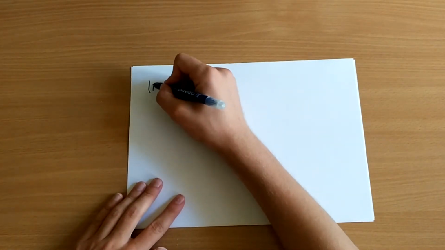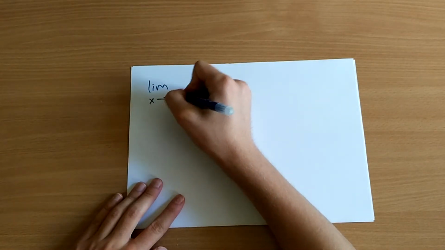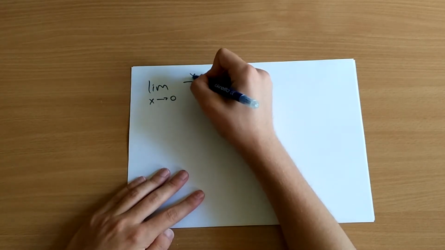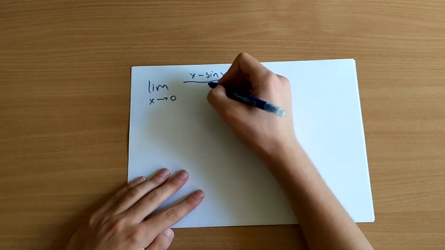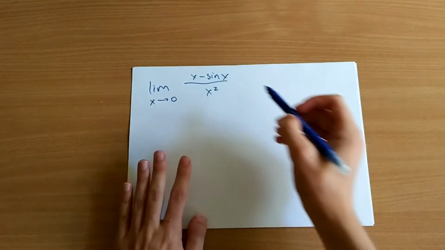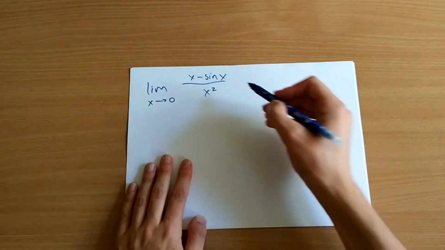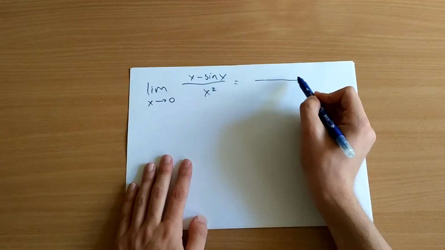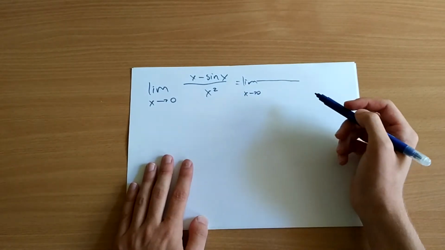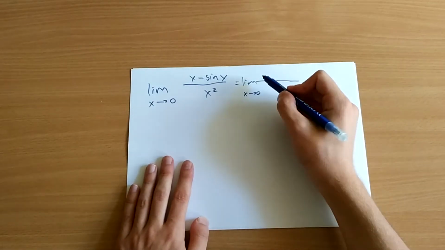So now we have the limit as x approaches 0 of x minus sine x over x squared. Now here we can check and we will get the intermediate form 0 over 0, so we can go ahead and use L'Hopital's rule. So we have the limit as x approaches 0, and in the numerator we will get 1